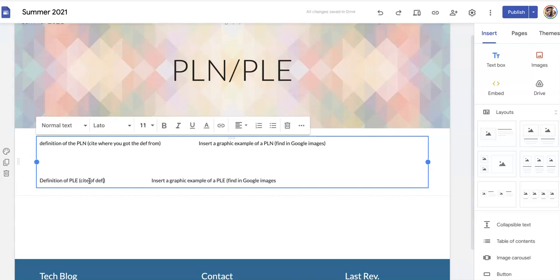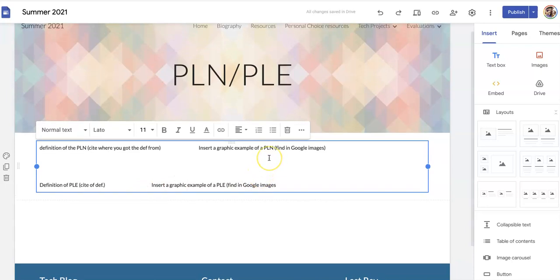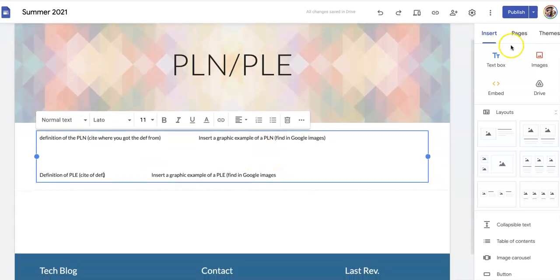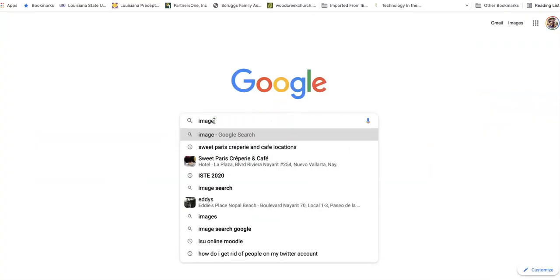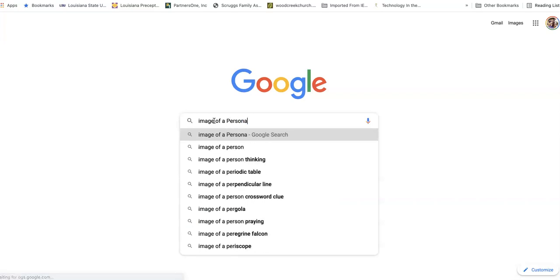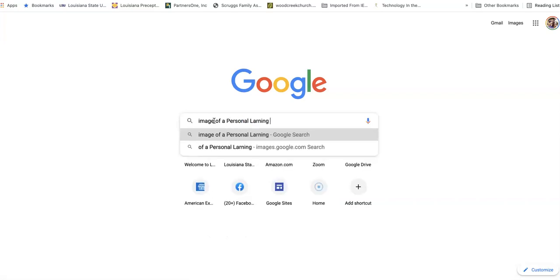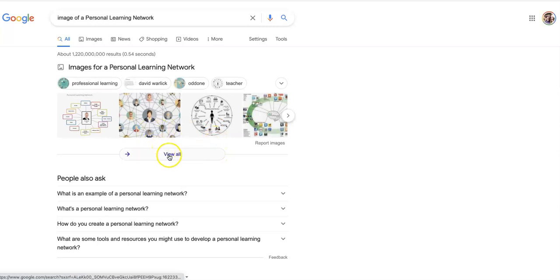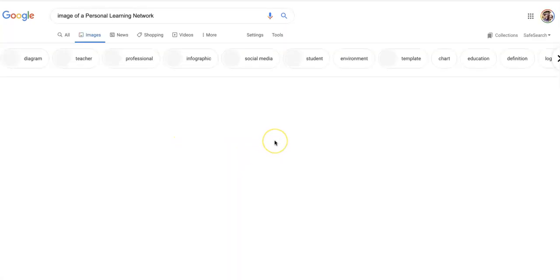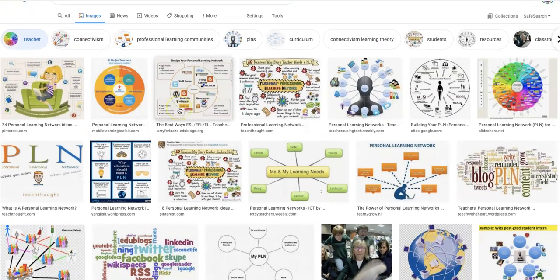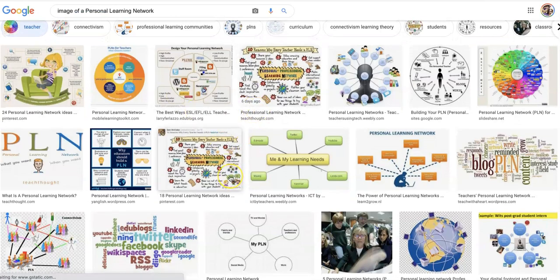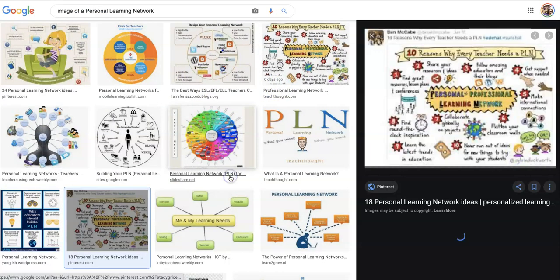Okay. Now, the next thing you're going to do, so if I'm going to do the image of a Google site, I can go up here to Google Images and do image of a personal learning network. So here's some. You can view them and you can pick one you like. So what I do is I kind of take a look, say I'm going to be a teacher, so I kind of want a personal learning network of a teacher. So I can find one like this one, and I can copy it